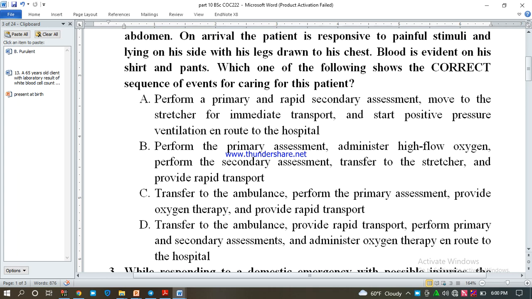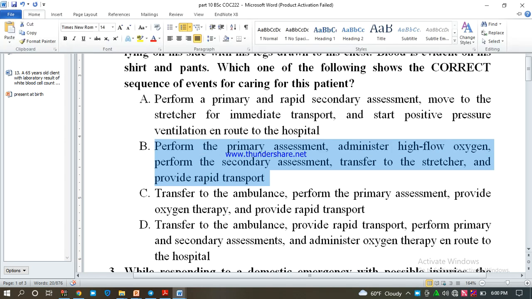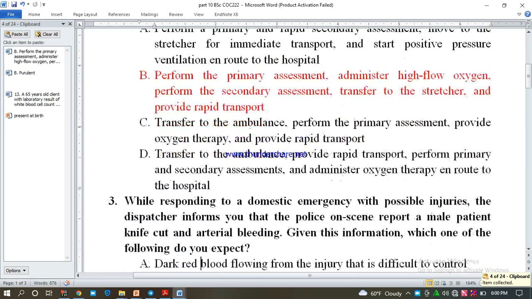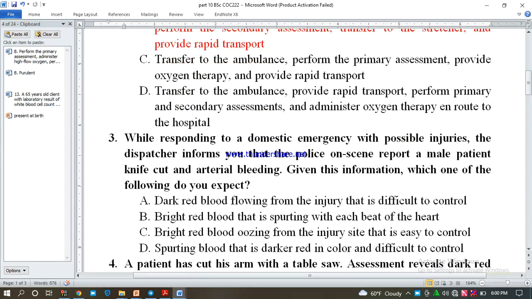ለዚህ ከዚህ ውስጥ ምንድነው የምናደርገው በምንልበት ሰዓት የመጀመሪያ ስራችን primary assessment መስራት ነው። Primary assessment ከሰራን በኋላ ኦክሲጅን የሚያስፈልገው ከሆነ ኦክሲጅን መስጠት, and then secondary assessment እንሰራለን። ከዛም በኋላ transfer to the stretcher ነው፣ ወደ stretcher transfer አድርገን ከዛ rapid የሆነ ትራንስፖርት የማድረግ ስራ እንሰራለን። ለዚህ በምንሰራበት ሰዓት the correct answer is B ላይ ያለውን እናደርጋለን